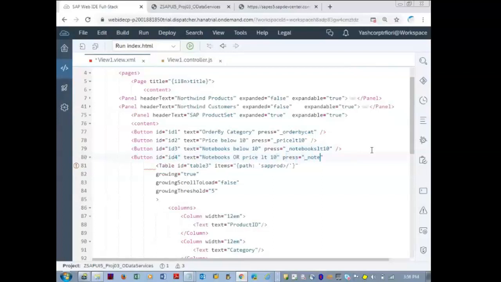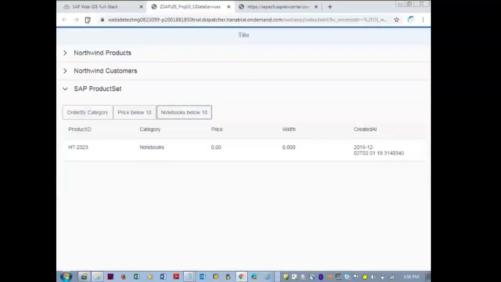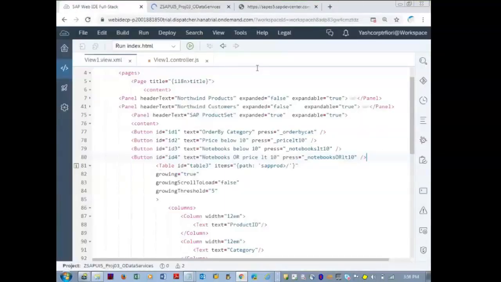Press: notebooks or LT 10. Copy the function name to the controller.